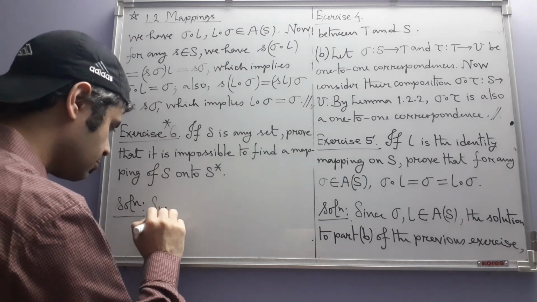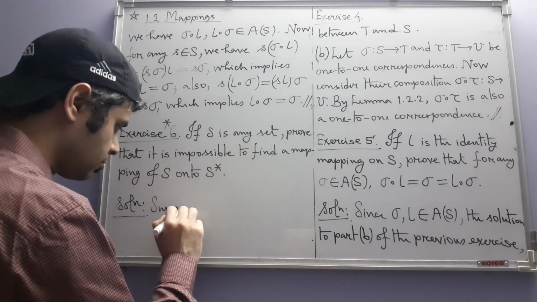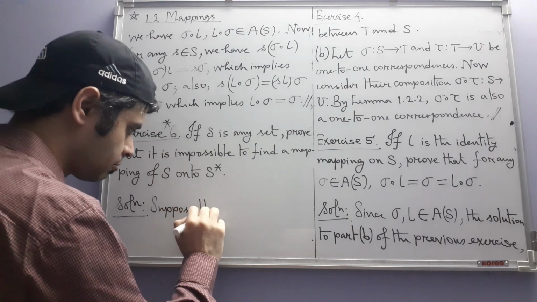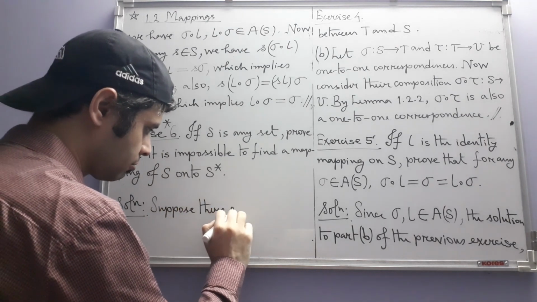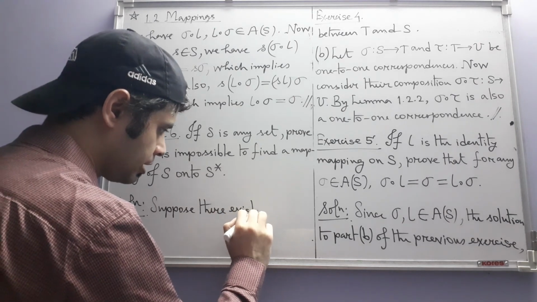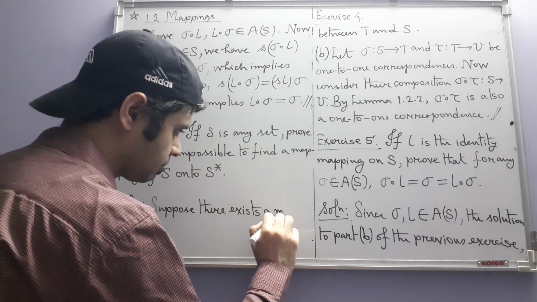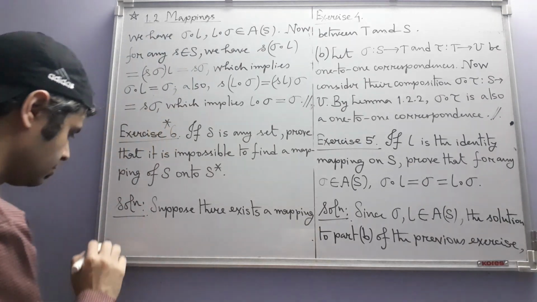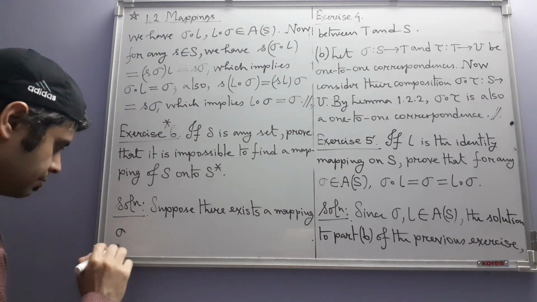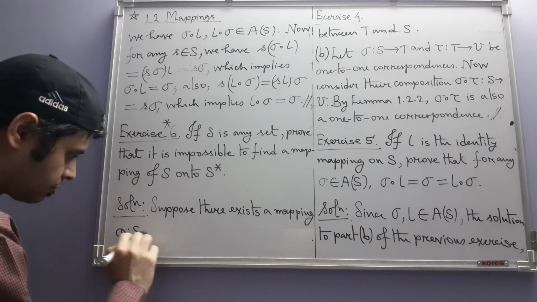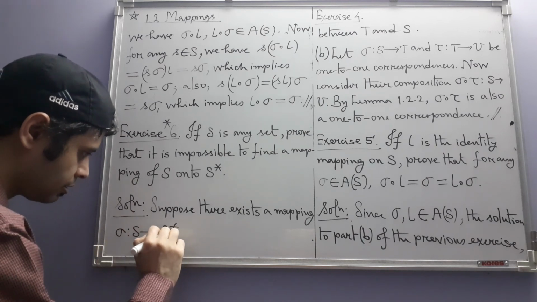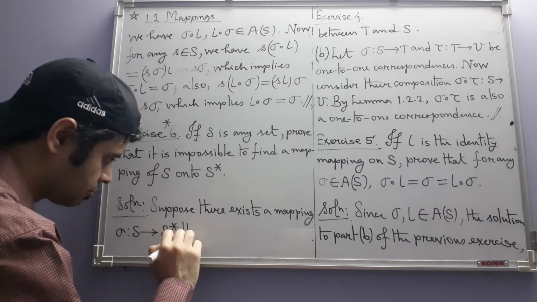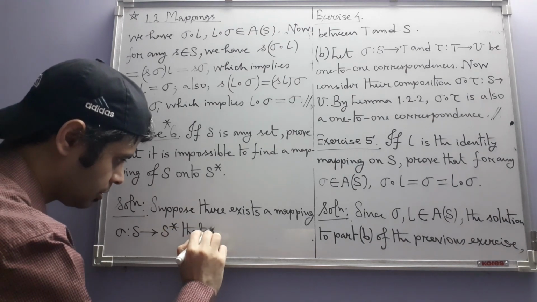Suppose there exists a mapping sigma from S to S star that is